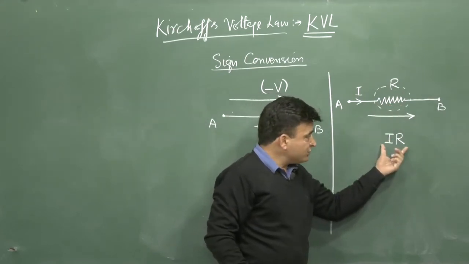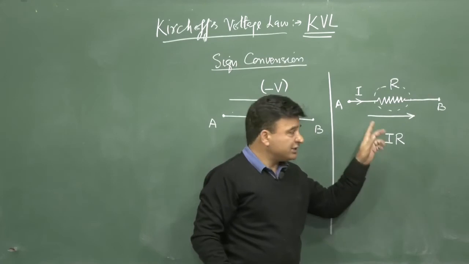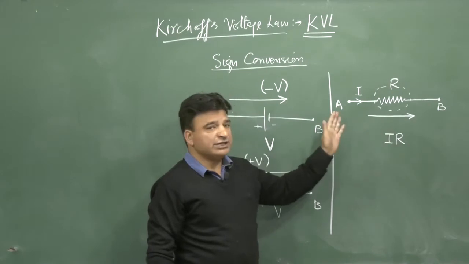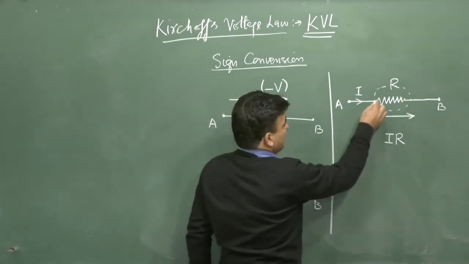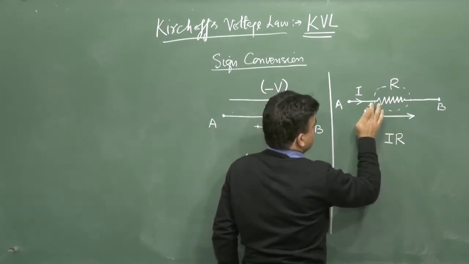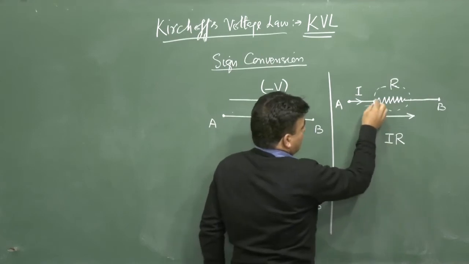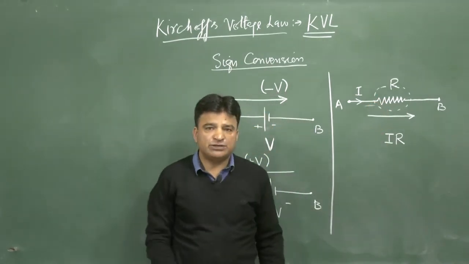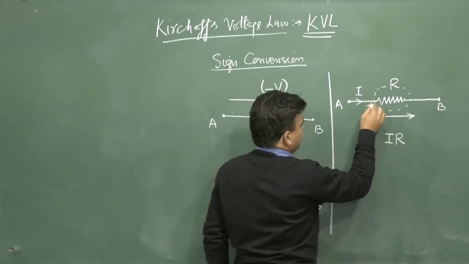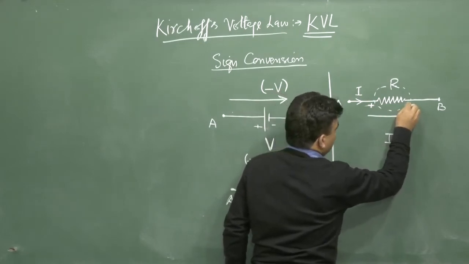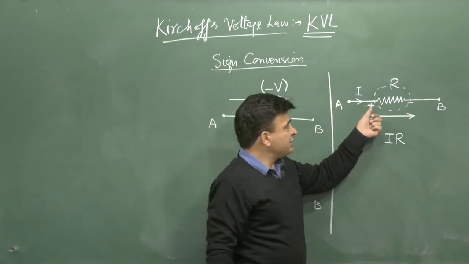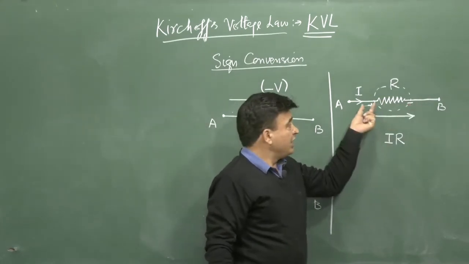Now, whether this voltage drop is taken as positive or negative will be decided by whether we are moving towards increasing potential or decreasing potential. Let us see here. At this end of the resistor, current enters, and at this end, current leaves. As we know, current always flows from high potential to low potential. So the point where it enters the resistor is taken as positive, high potential, and the point where the current leaves the resistor is taken as low potential, that is negative. That means where current enters is positive, where it leaves is negative.